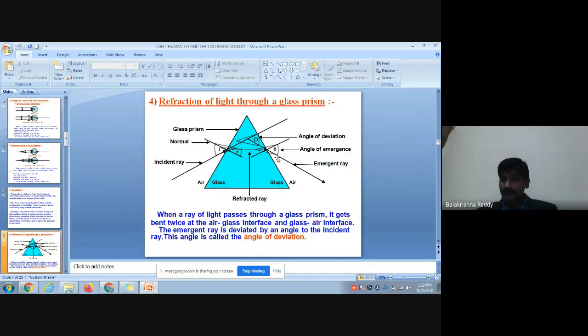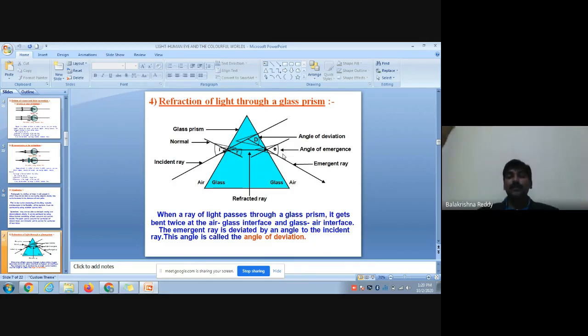second interface. But here, instead of writing refraction, instead of taking the angle of refraction, which is measured from the normal, I'm taking emergence. Why did I take it as the emergent angle? Because the light ray which has come out from the denser medium, we call it the emergent light ray. So the emergent light ray which makes an angle with the normal is called the angle of emergence. So this is the actual process that takes place in a prism.